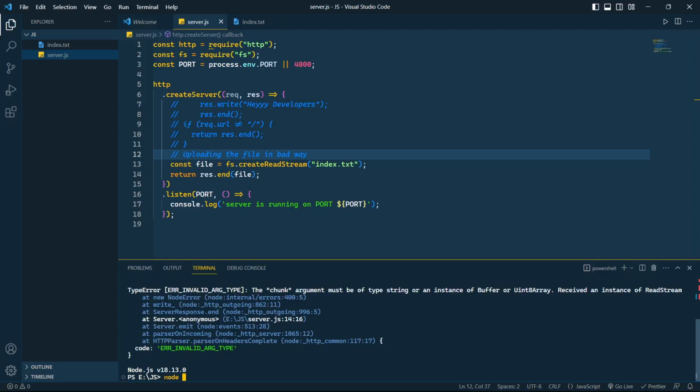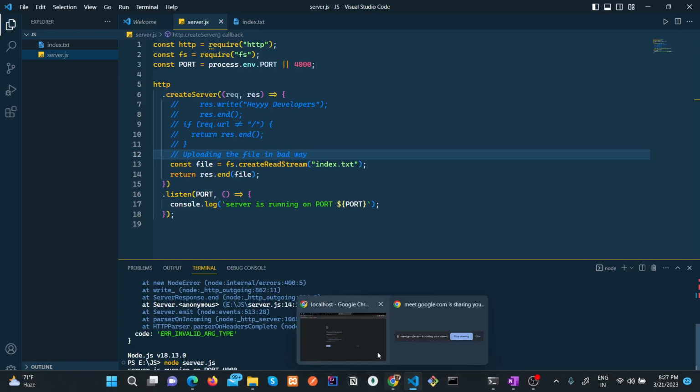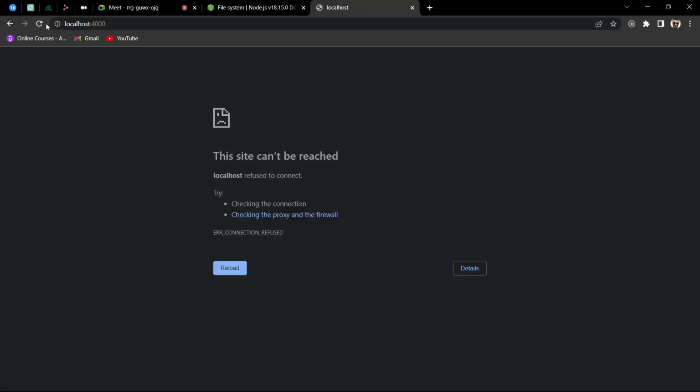Node server.js. Now let's come back to our localhost 4000 port. Again, it is